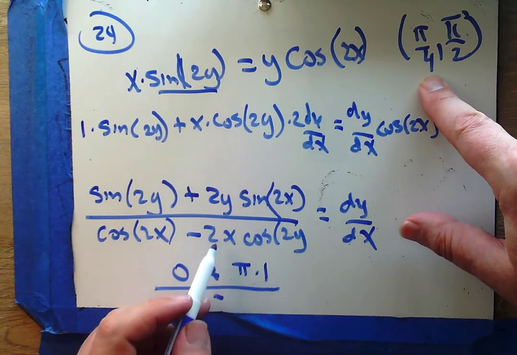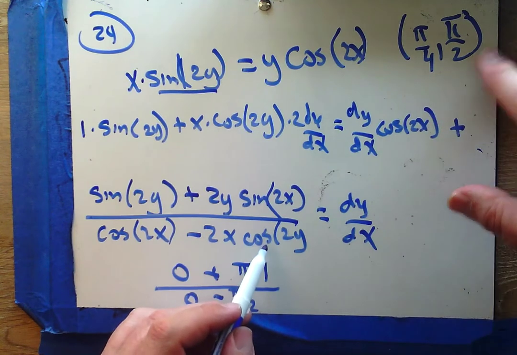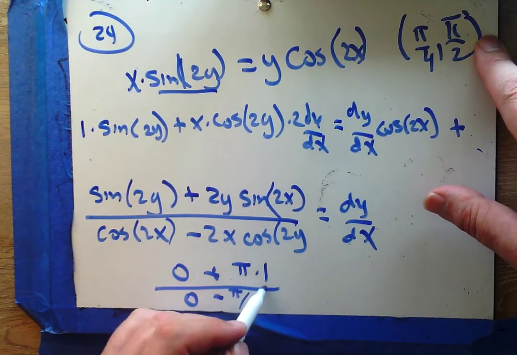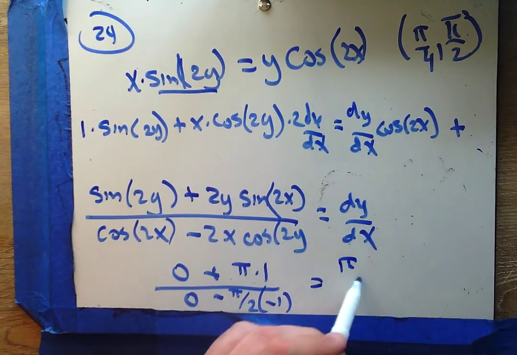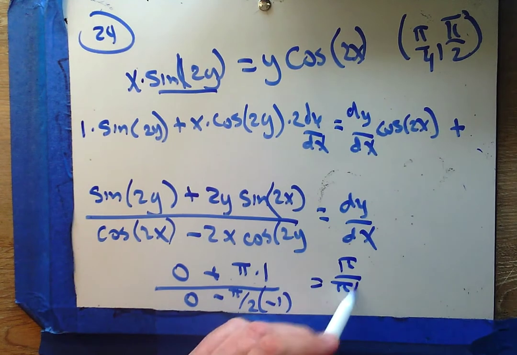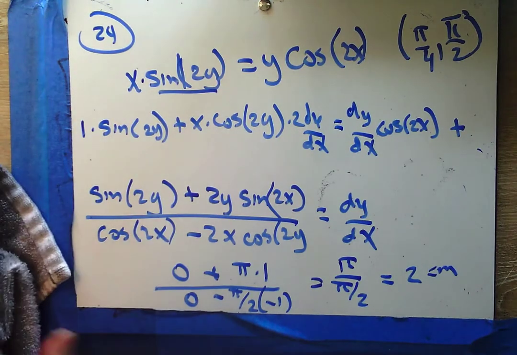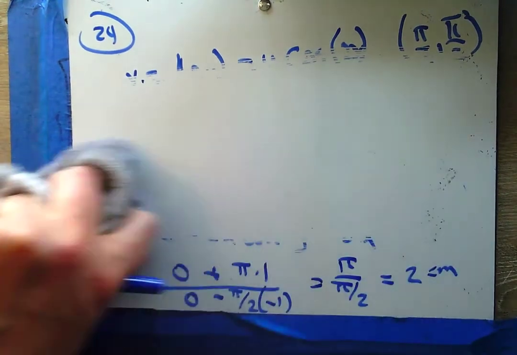Minus 2 times pi over 4 is pi over 2 times the cosine of 2 times this. 2 times this is pi. Cosine of pi is negative 1. Minus times minus is positive. I have pi over pi over 2, and that leaves me 2. Ta-da! 2 is the slope. Seems like an awful lot of work to get 2. But instead, I'm just going to be really thankful that the textbook writers gave me such a